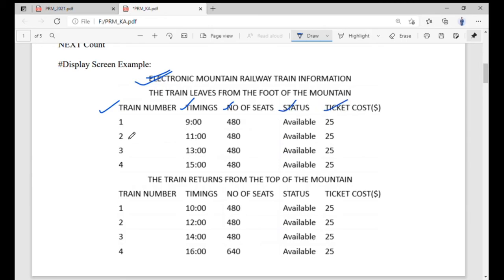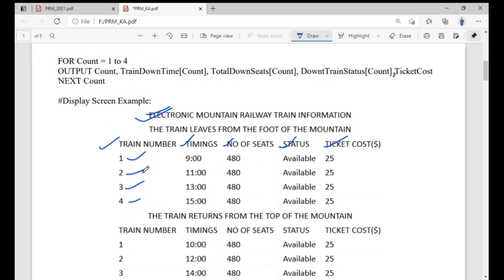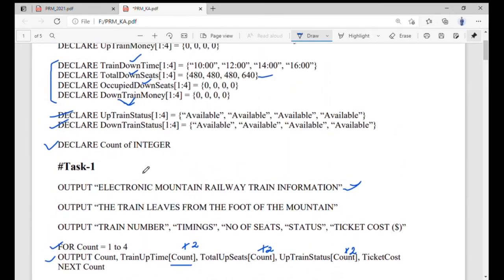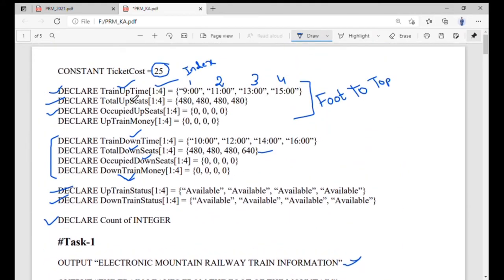The counter helps us link all our information with the numbers 1, 2, 3 and 4. If you are still confused, I am scrolling up to recall the declaration information which we stored. Train uptime 1 to 4, and the sequence 1, 2, 3 and 4.